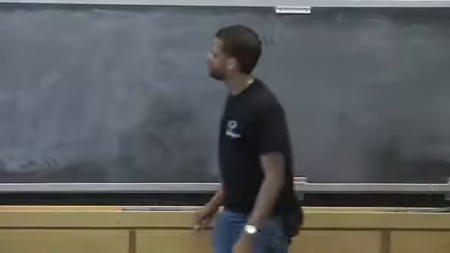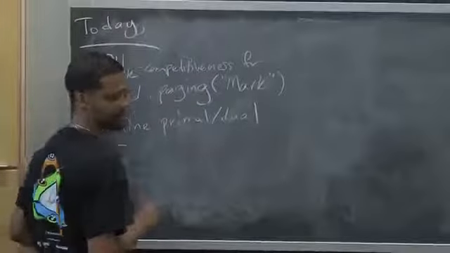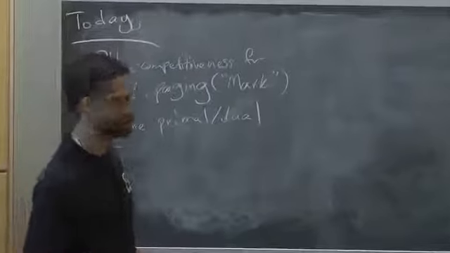we're going to see 2 H_k competitiveness for randomized paging. This is the MARC algorithm. We'll also see online primal dual. And as an example of how you use this to develop good online algorithms, I will show you, again, the